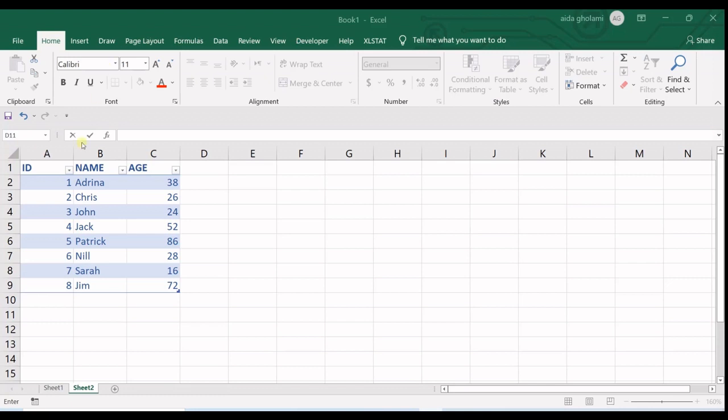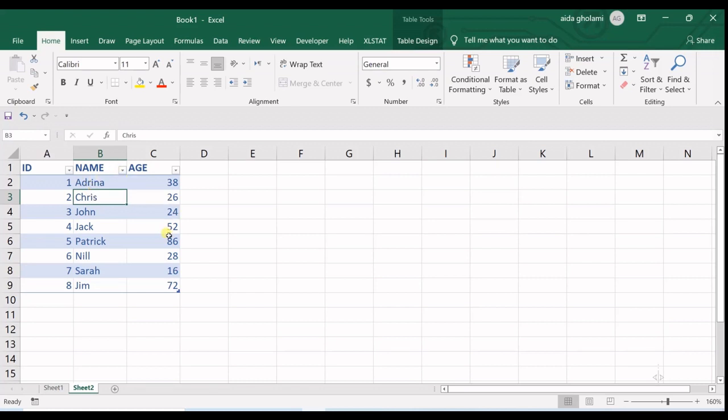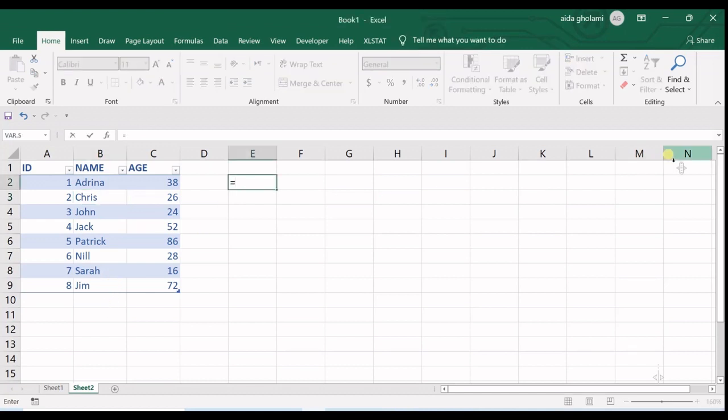So as you can see in here, I have a table of data, and what I want to do is find the age of one person, which I know the name of that person only. Okay, so we can do it also with name and ID. So I will try both of them. So what I will do is put an equal mark, VLOOKUP,